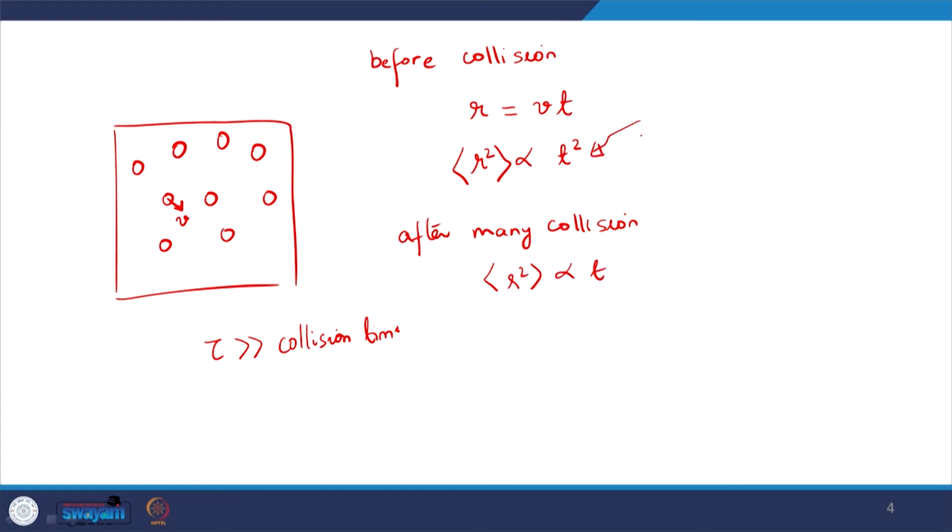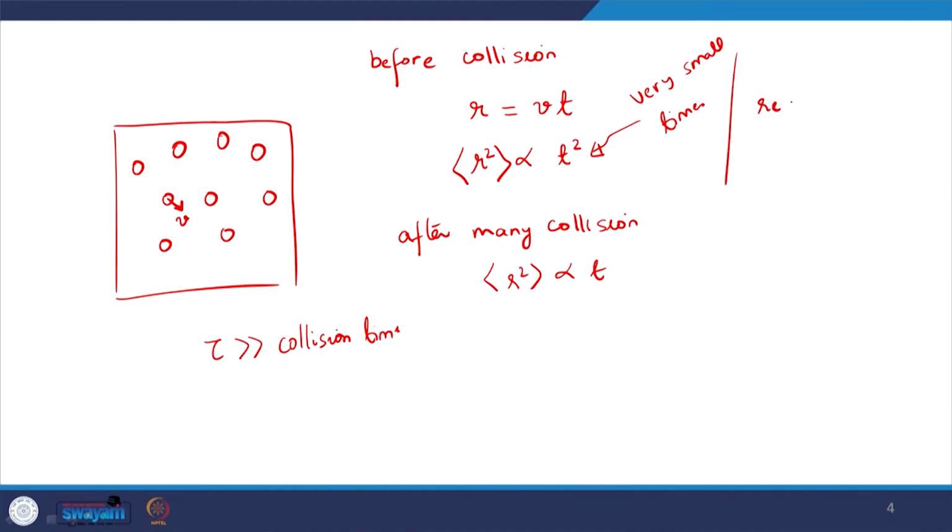It turns out that this regime is happening for very small times, the reason being that the molecules are really close, they will collide in very little time, and therefore that regime is not extremely important, but it can be important in very specific cases. So, this is what is called a rectilinear motion, and this is what is called a diffusive motion.